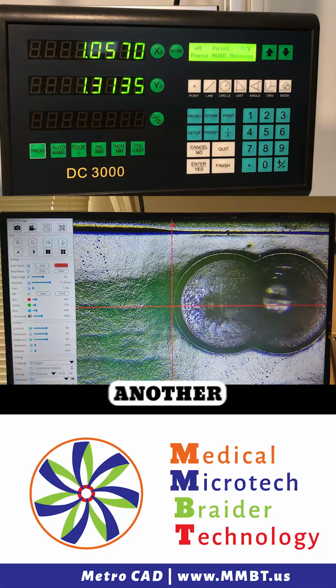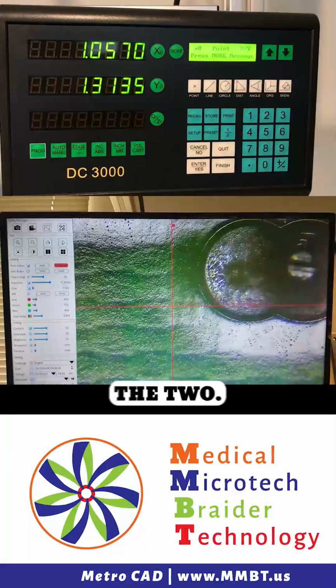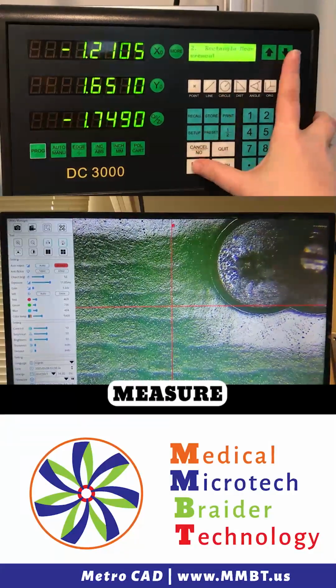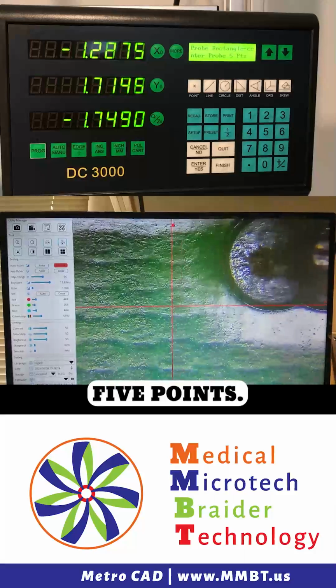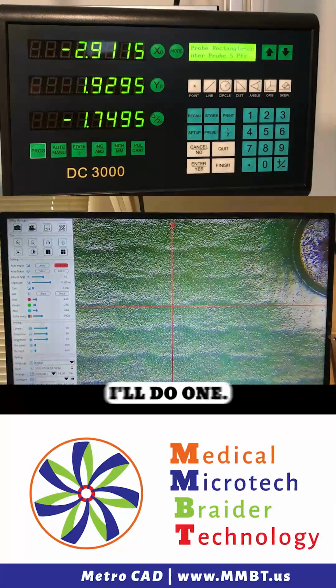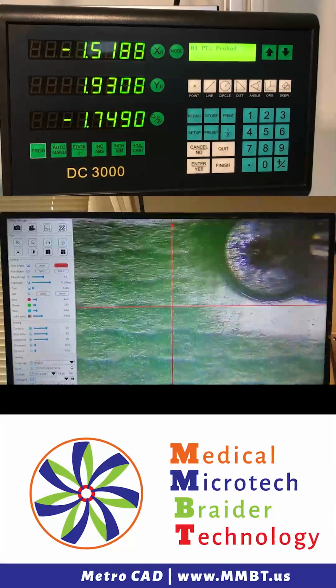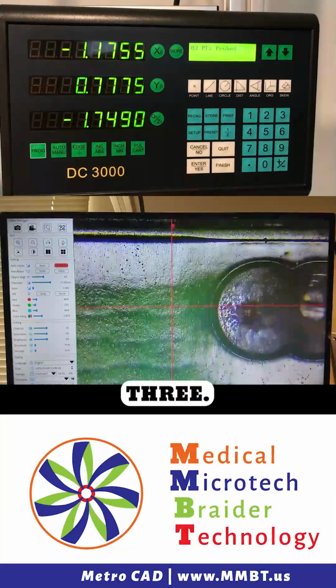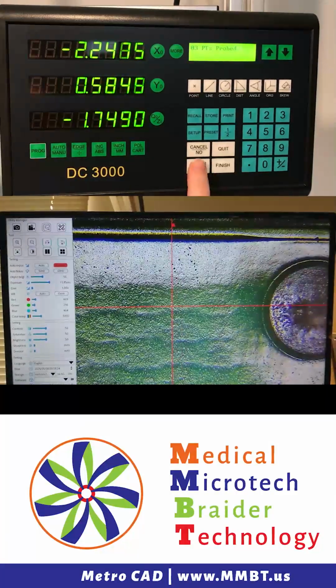I can also create another rectangle and get the point between the two. So I'll go back to setup, special measure, rectangle, and I'll do 5 points. We'll do 1, 2, 3, 4,